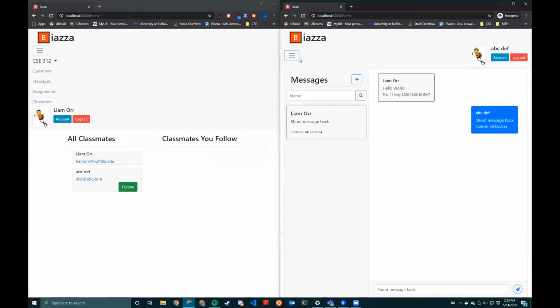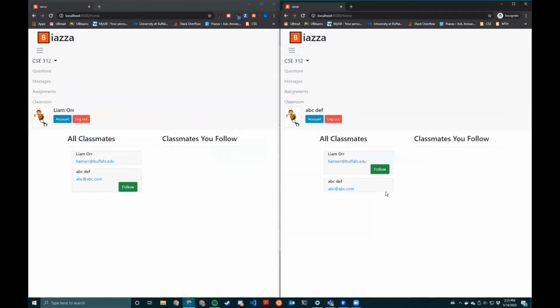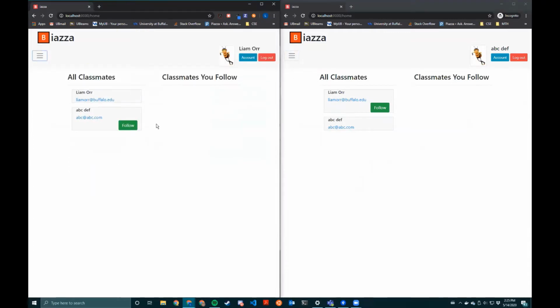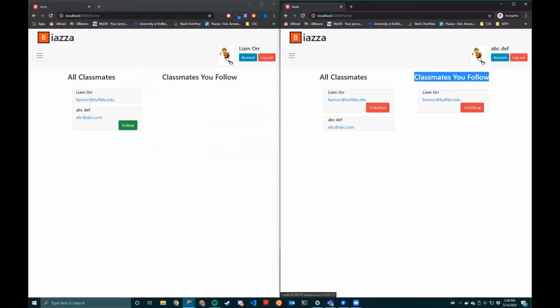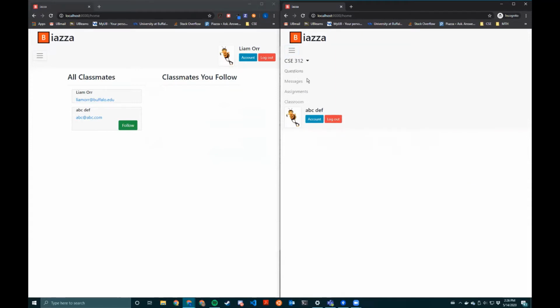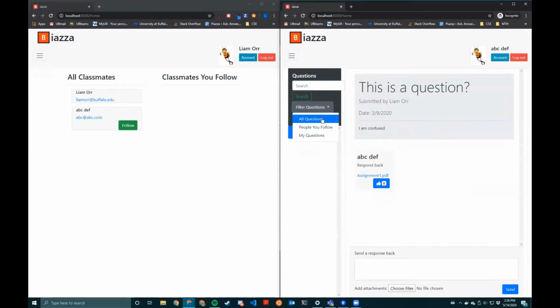If we go into our classroom, we can start to see the functionality of friending and following users. They're kind of synonymous in this case, but for example, we can have ABCDEF follow Liam, and now we can see that he is a classmate that ABCDEF follows. So if ABC wanted to go to their questions and see questions that are specific to people they follow, he'll